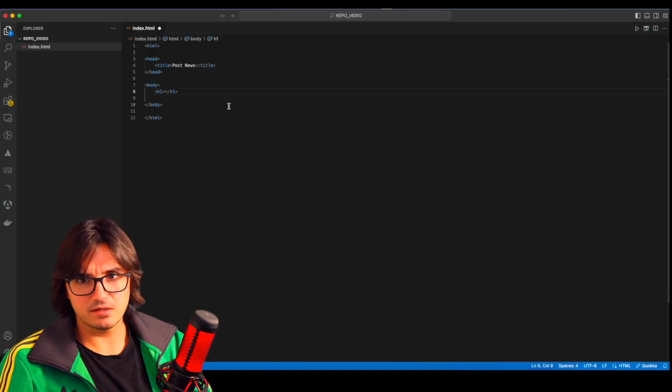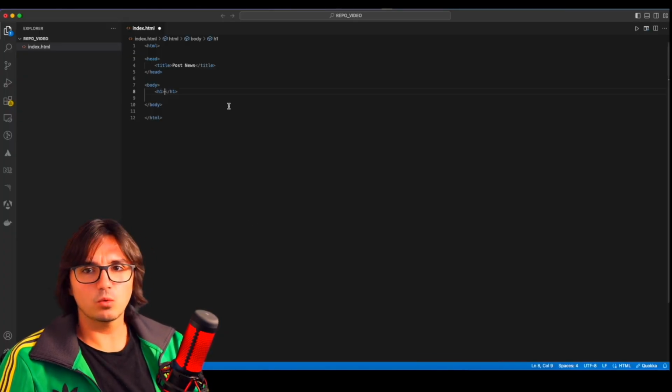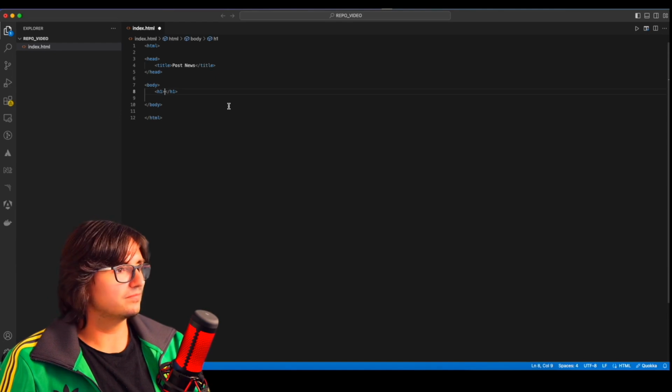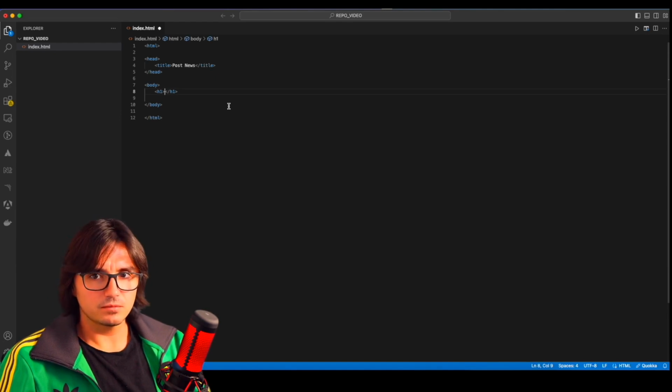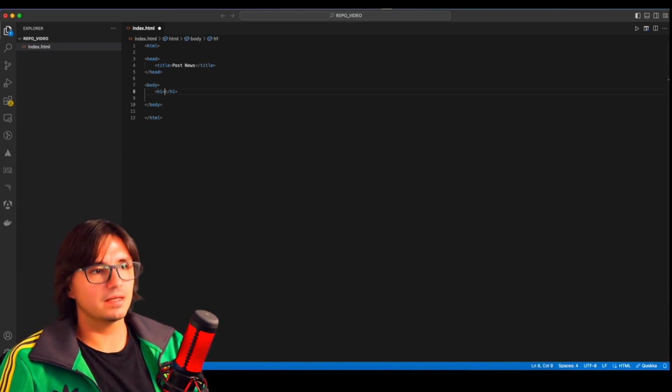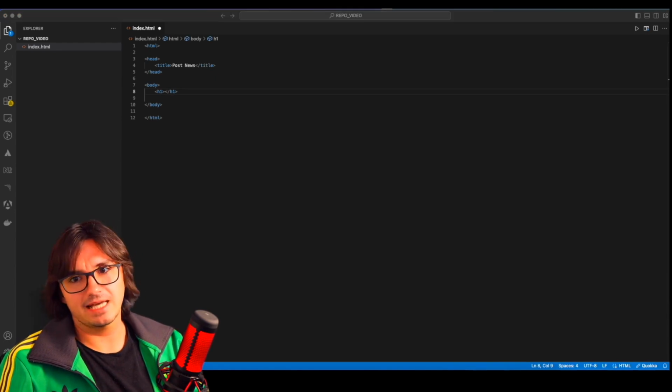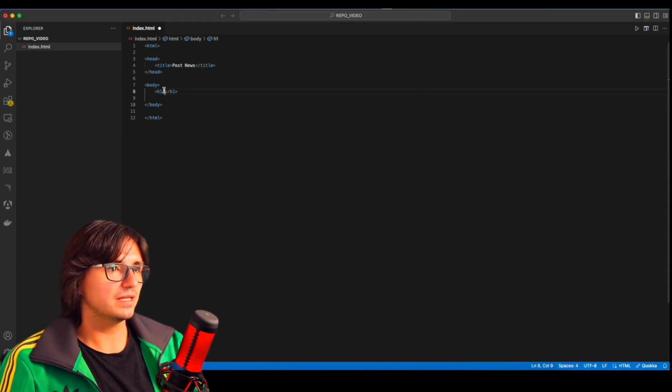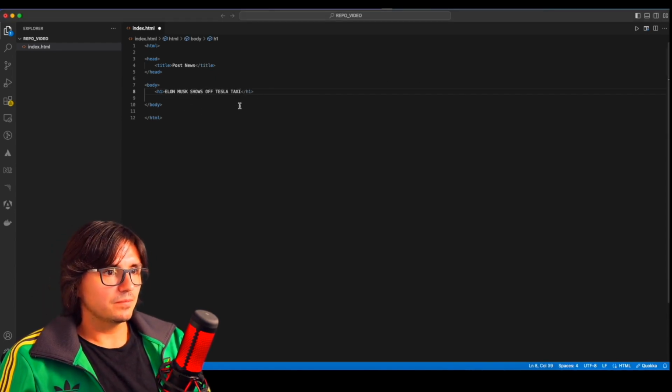I want to make the text the largest. For example, what news has happened in the last few days? Elon Musk introduced the Tesla taxi. I will copy the pre-prepared text so that you don't